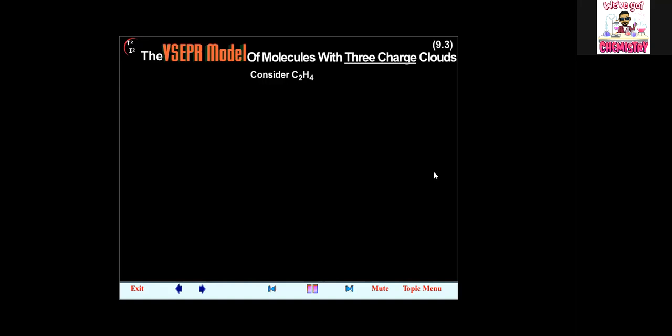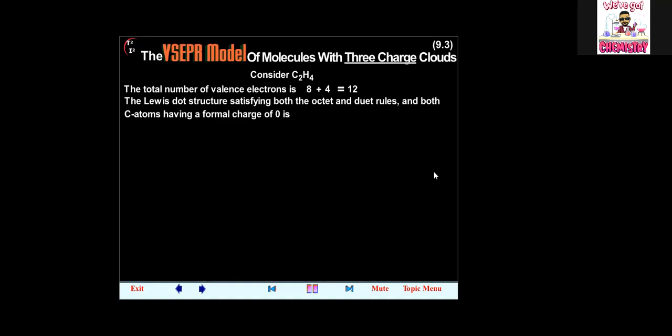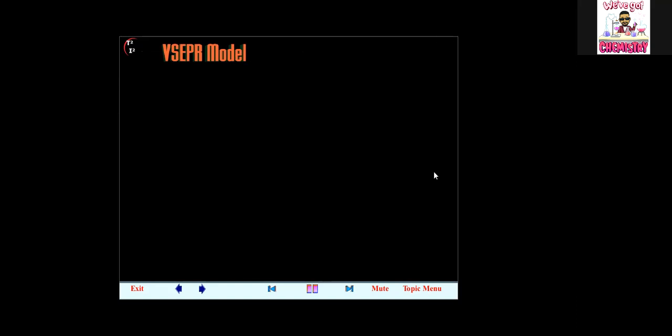Consider C2H4. The total number of valence electrons is 8 plus 4 equals 12. The Lewis dot structure, satisfying both the octet and duet rules, and both carbon atoms having a formal charge of 0, is